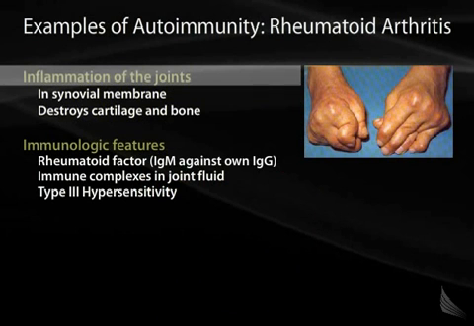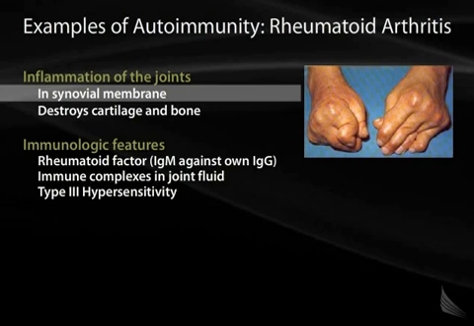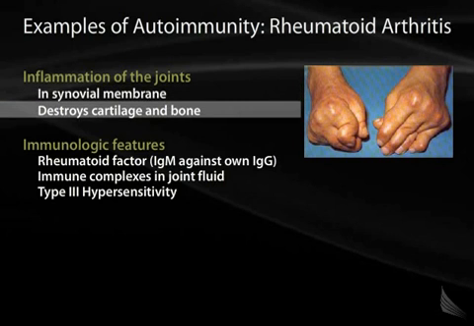Rheumatoid arthritis, this is inflammation of the joints, another one that's very well known, very well understood. This is a type 3 hypersensitivity where we get immune complexes that are formed, and that's actually the rheumatoid factor that you look for, antibodies binding to other antibodies. They form these immune complexes. They then get shuffled off into synovial joint spaces where neutrophils will come in, try to break them down, and in the process of trying to break them down, they destroy cartilage, they destroy bone, and you get the characteristic features, swan neck deformities, things like that that are characteristic of rheumatoid arthritis, as shown here in the picture.